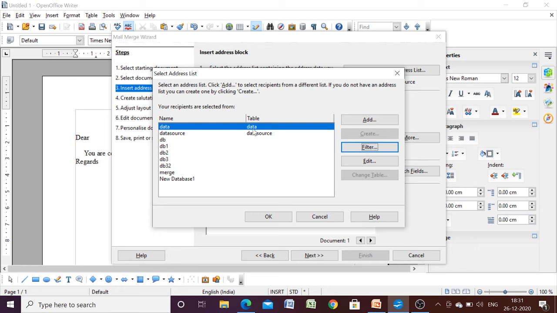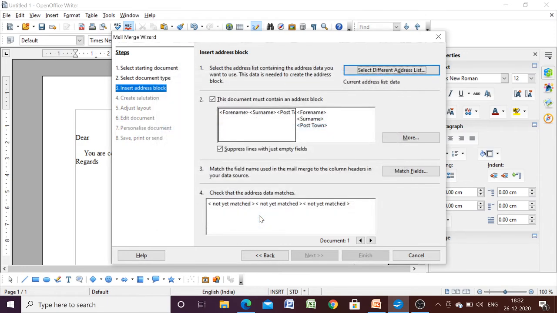So here this data has been created, and we will select this one. These are the previously created databases. Just now I have shown you how we can create data. So this should be selected. We will press OK, and what you have to do, you just go on more. We have selected the database, go on more.